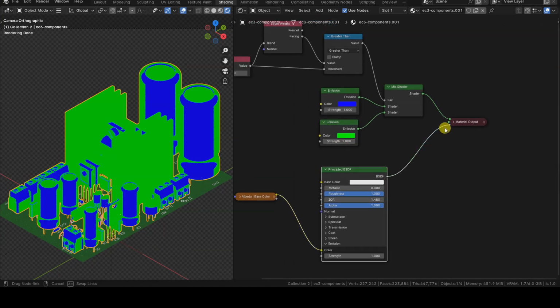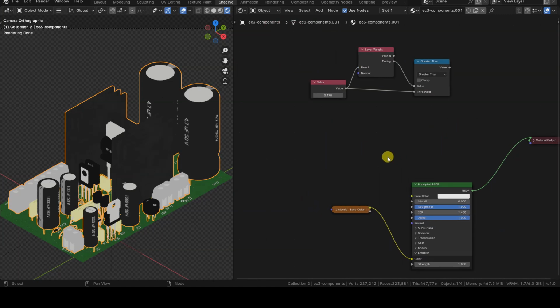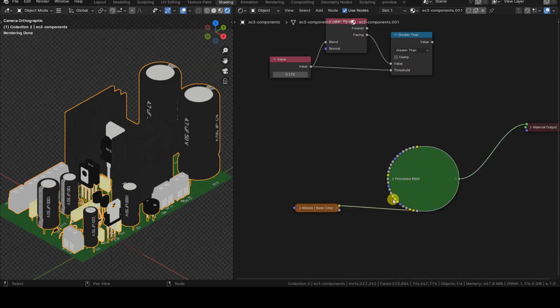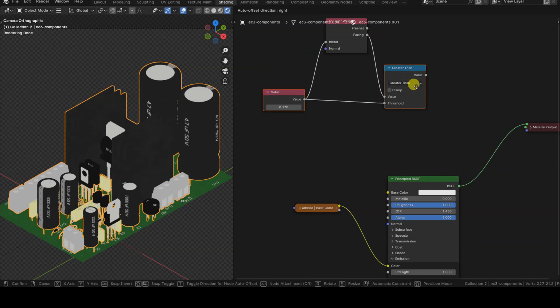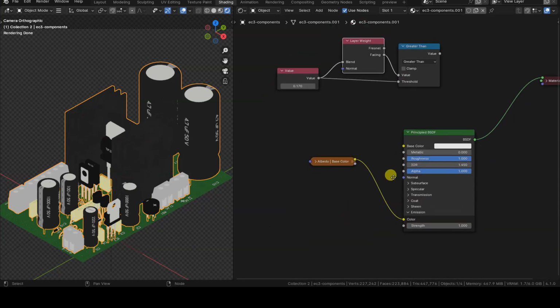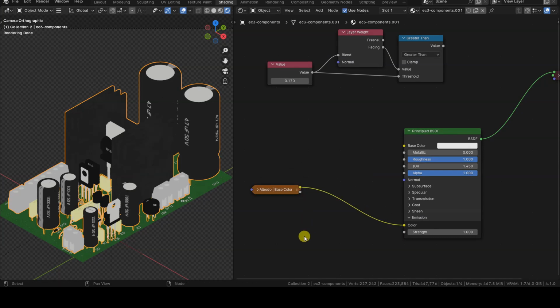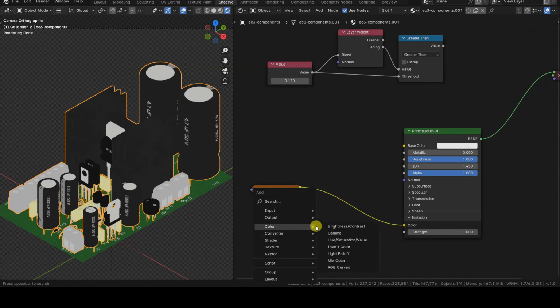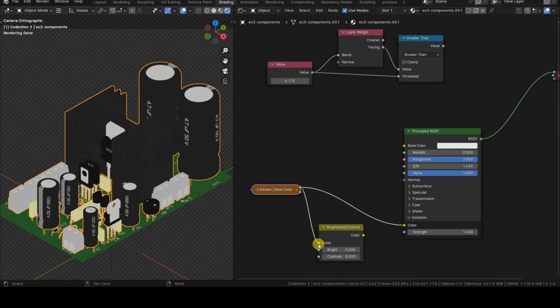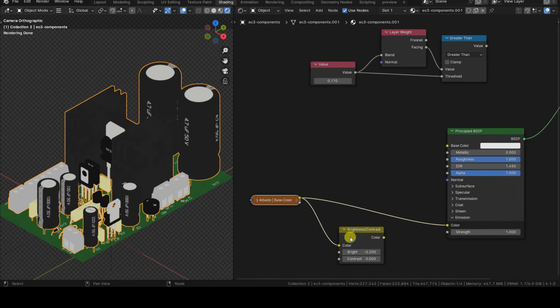Now remove the two Emission nodes and the Mix Shader node from the setup, reconnecting the Principled node to the Material Output. To get a darker version of the albedo texture, connect the color output of the base color texture to a Brightness Contrast node, setting Brightness to -0.2.